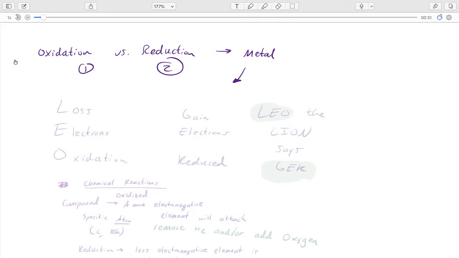And just to go over those definitions, loss of electrons means it's oxidation, and gain of electrons means it's reduced. The little mnemonic to remember that is Leo,